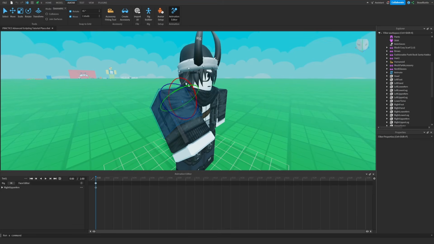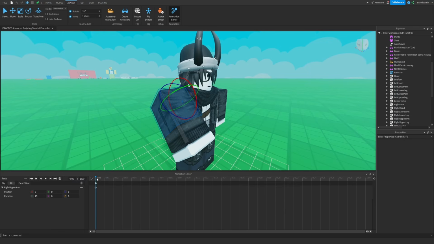And as you can see, when we did this, there's two things that happened. On the bottom left, it shows us on a rig hierarchy that we changed the right upper arm, and we can see it down here with the position and rotation. We've now changed the rotation to 45 degrees this way on the 0-second timeline. So this is another thing that changed. It gave us this keyframe